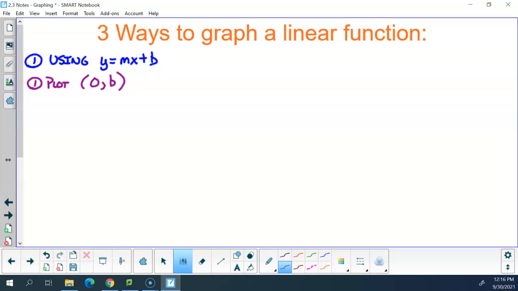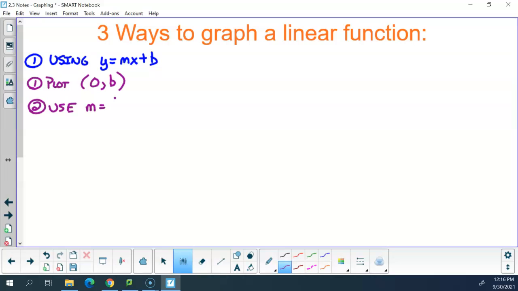If you tell me the y-intercept is 4, I'm going to say no, 4 is a number. The y-intercept of (0, 4), that I would accept. Anytime we give the y-intercept, we give it in point form. So the first thing we're going to do is plot that point. Then, the next thing that we're going to do is use the slope